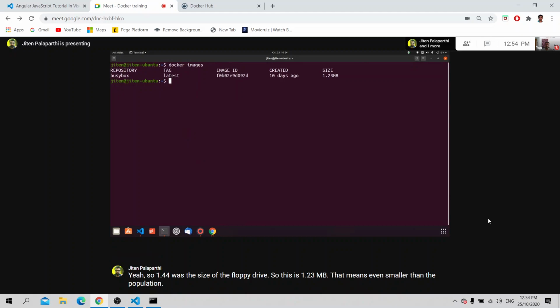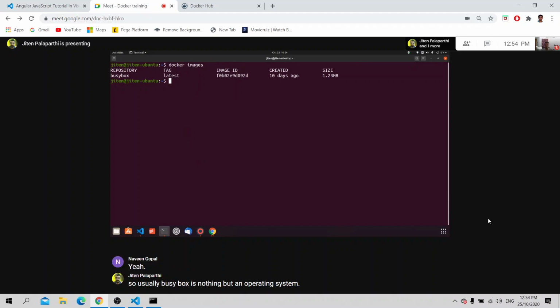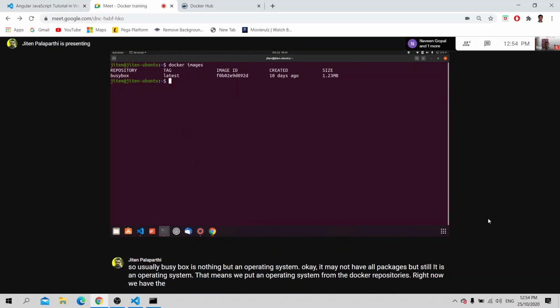Right. Usually BusyBox is nothing but an operating system. It may not have all packages, but still it is an operating system. That means we pulled an operating system from the Docker repositories. Now we have the operating system. We have to create a container from that image.